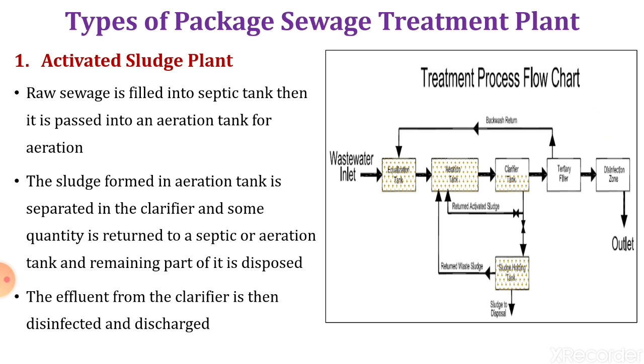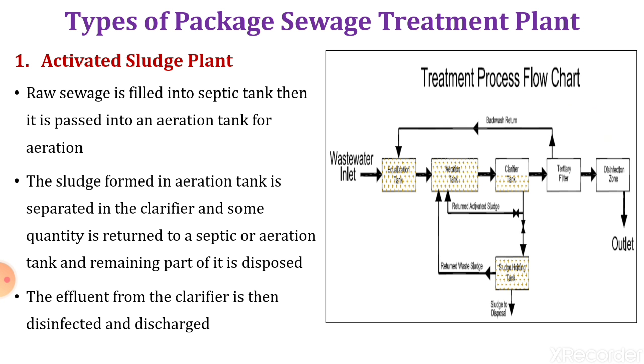Here the wastewater is coming into the sedimentation tank, then it goes to the aeration tank where the aeration is carried out, and as you know, in the aeration tank the biomass remains in suspension, causing the decomposition and stabilization of organic matter, from where it goes to the clarifier where the settled sludge is taken out and the clear supernatant goes to the tertiary filter or to the disinfectant unit. Part of the sludge will be recycled to maintain the food to microorganism ratio in the aeration tank.